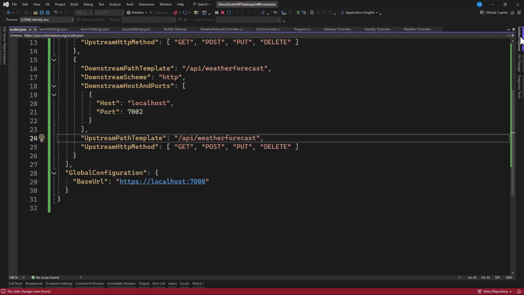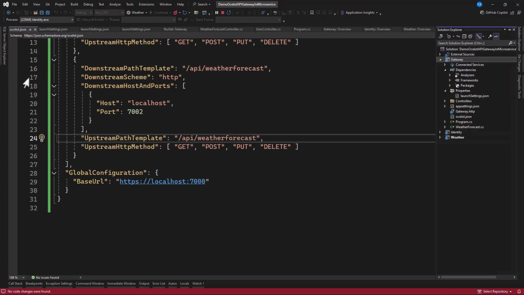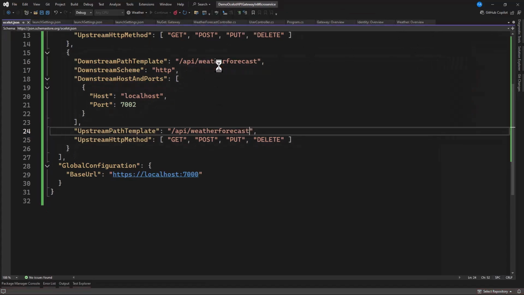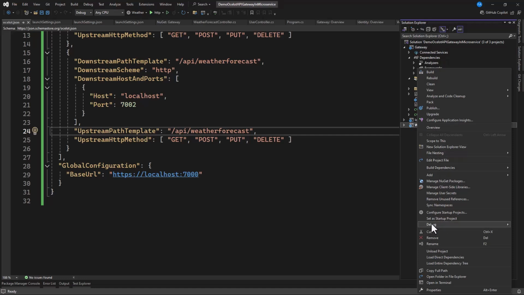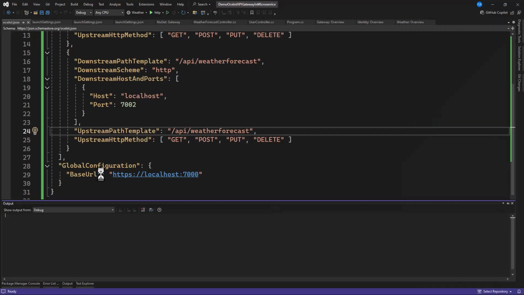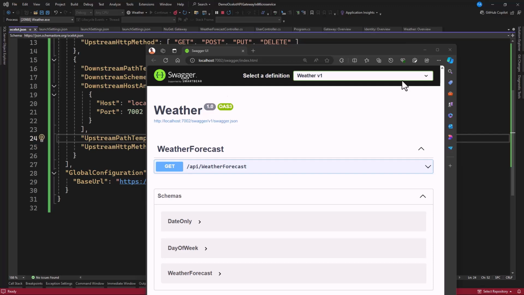We can go ahead and let's stop everything and run them again. So now that we know our identity is working, we are not going to run that. So let's run the weather forecast and then the API gateway. So our weather is active.